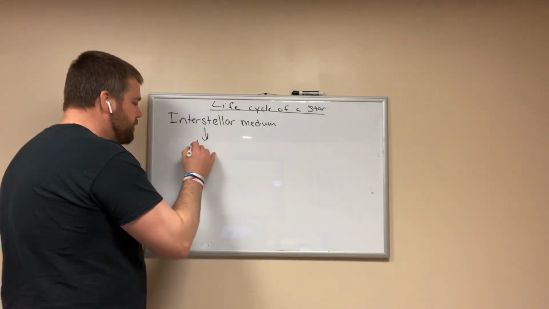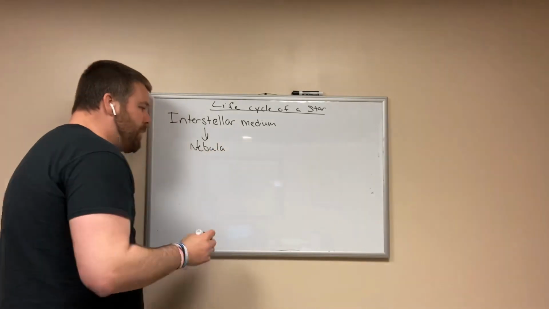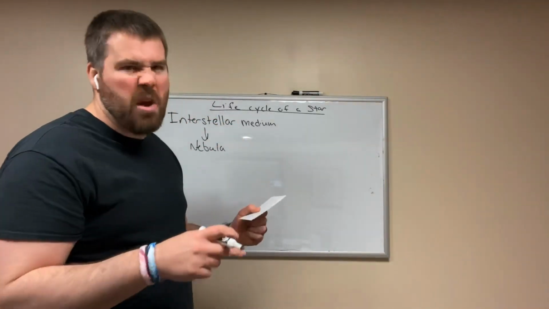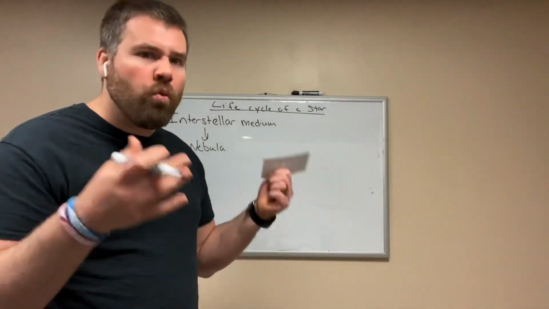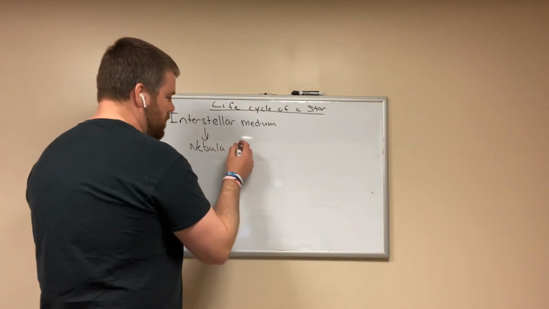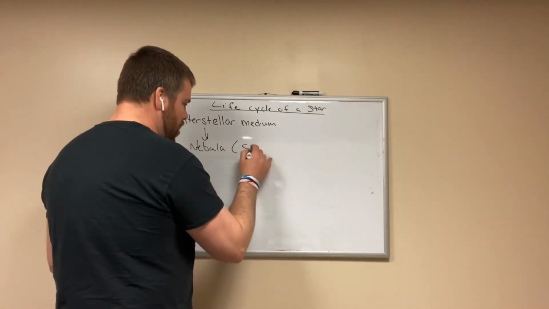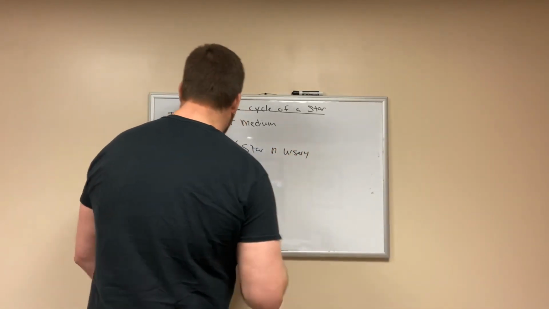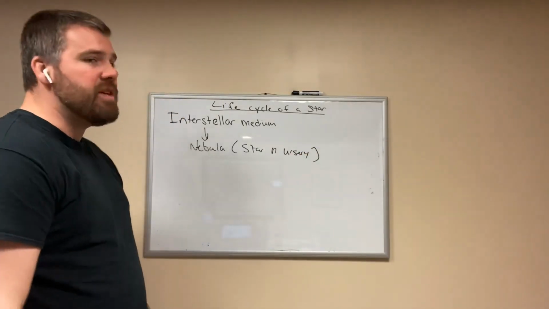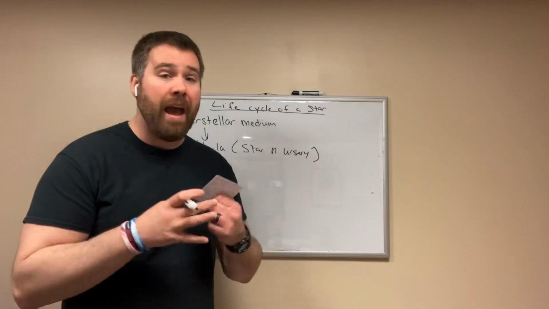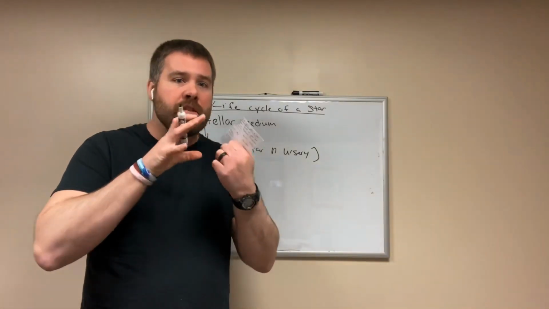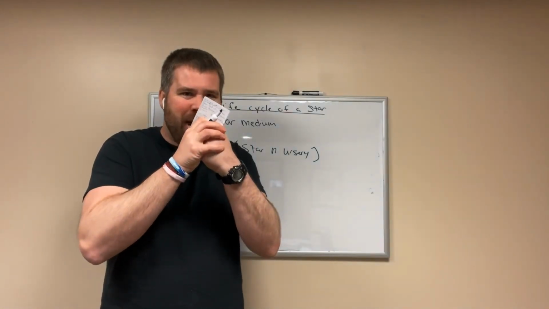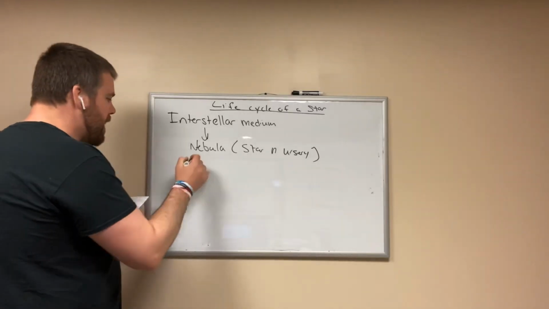Now, a nebula is basically the star nursery. It's where stars are really formed. So this is the star nursery. From a nebula, this is where all those gases and dust compact. They really get squeezed from the gravitational pull, things like that. And this is when they mix together, even denser, and become what we call a